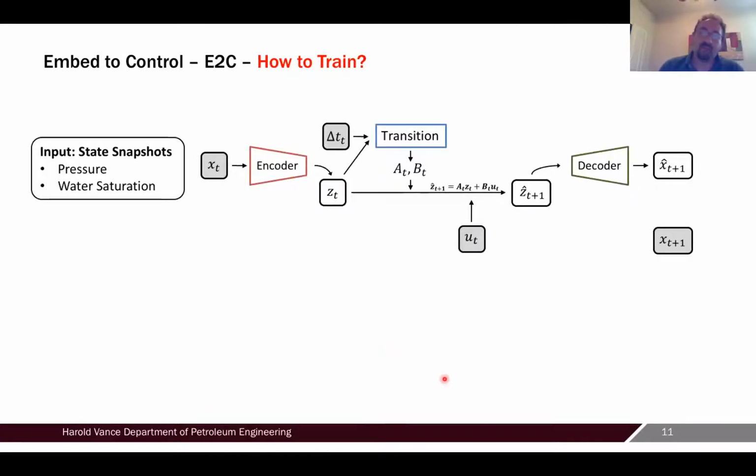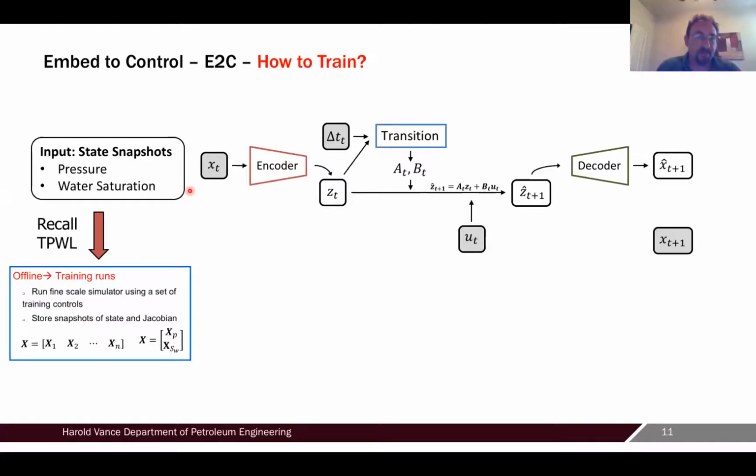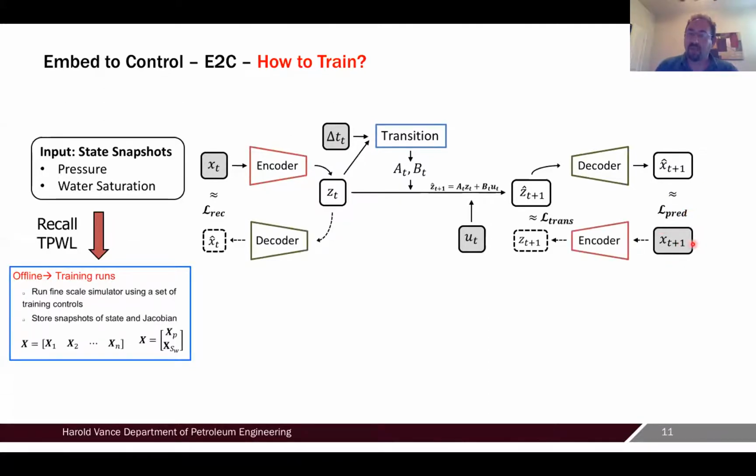Okay. Right now, what we are doing, we are looking at inputting the states that we already solved. If you recall, we are in this TPWL mode. We run a reservoir simulator. We have those states already, so we can go to that training right here, right, with that particular states and particular times that we use for training. Right? We can operate an encoder decoder type of thing and reconstruct what is the estimated state and reconstruct what is the estimated next time state. Okay, and by means of those